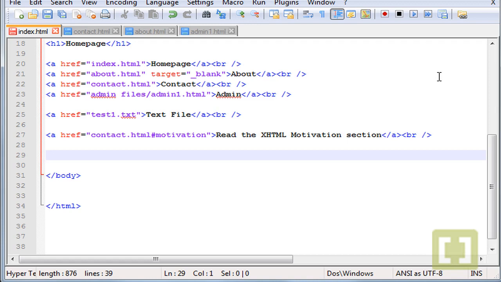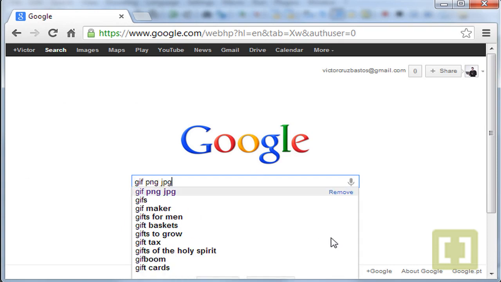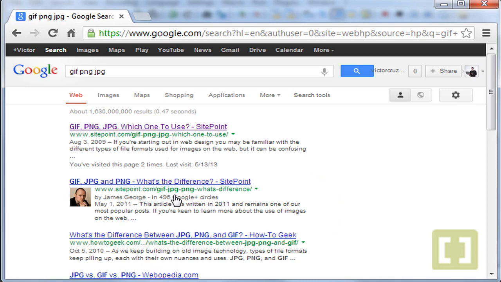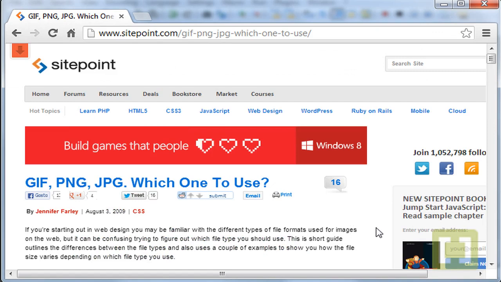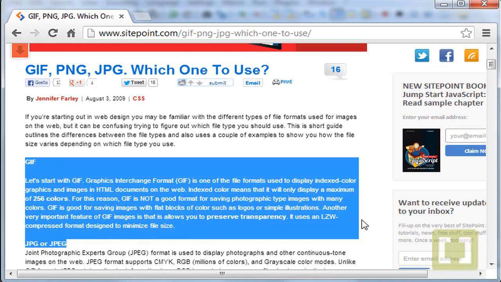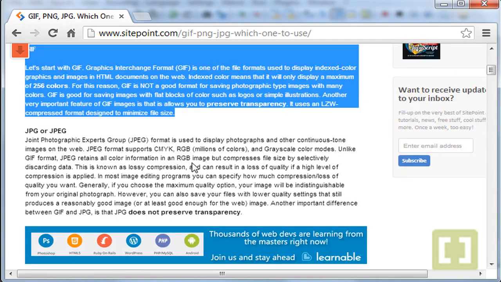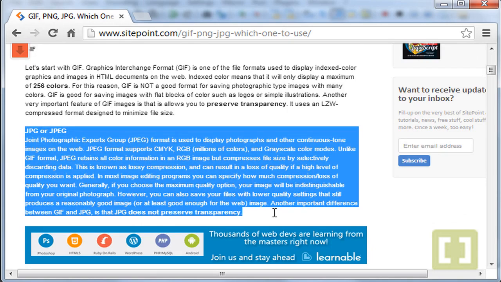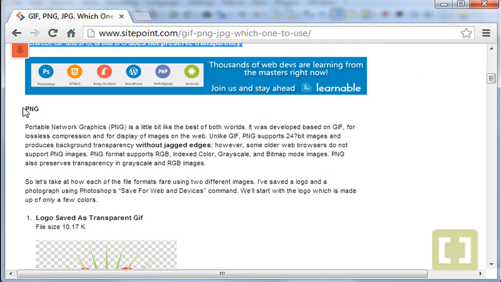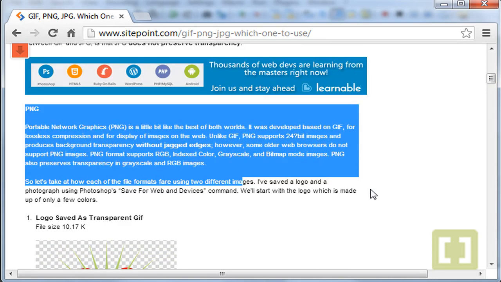Okay, I'm not gonna specify the difference between them, but you can go to Google and search for GIF, PNG, and JPG, and you have several links you can read and articles. Here is one very good one. So you have the specification for each kind of image. Here you have the GIF image description, the JPG or JPEG, which are the same, and the PNG. Okay, so make sure you read that,